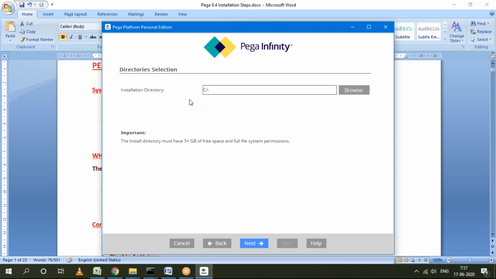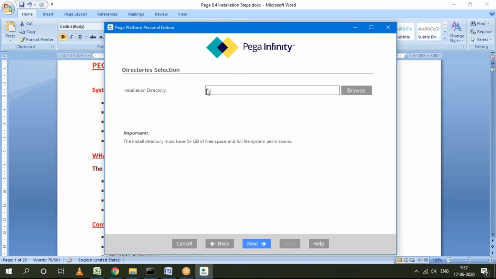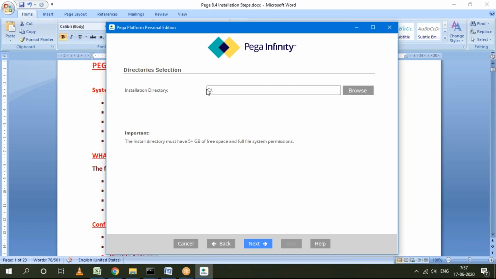Then you can see under which directory in your system you want to install. By default it will display the C drive, because it takes the directory of your OS configuration. In every system the C drive is the default directory, so automatically it will give C as the default directory. Suppose in your system you have any other partitions, then you can change the directory path. You can change it, but we have to give it manually.